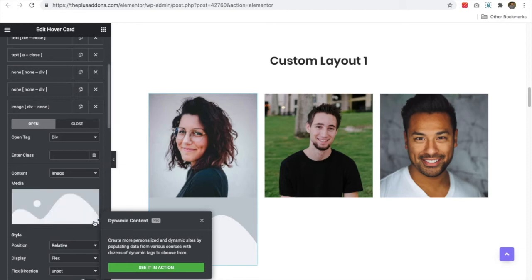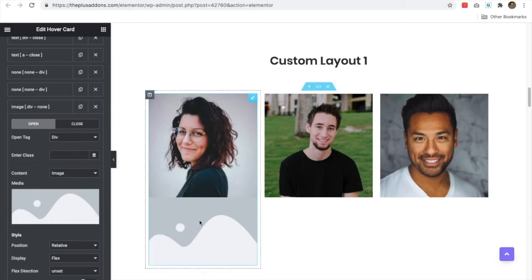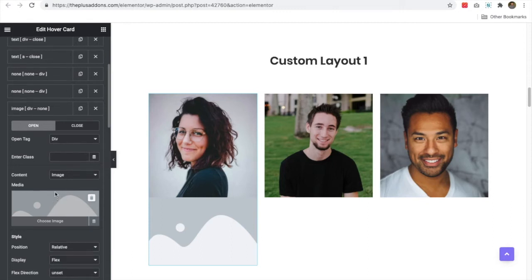So if you have Elementor Pro, you will get all the dynamic values from your Elementor. We will show you an example of how to create a dynamic text, and based on that how to make your custom loop skin and make that dynamic listing widget using this hover card.